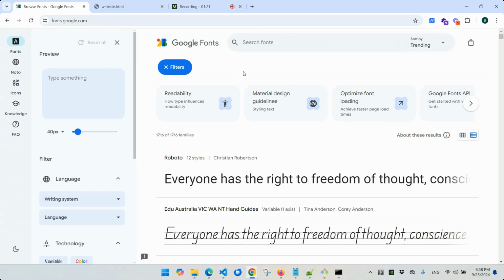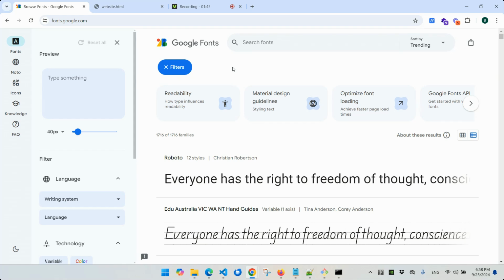If you build your website with a website builder like Elementor, Shopify, or Wix, you probably already know how to do that because you can do that very easily from the dashboard. But if you still need to do that manually for some other reason, maybe you're using another framework, or maybe you need to load a font that they don't have there, let me show you how you can do that